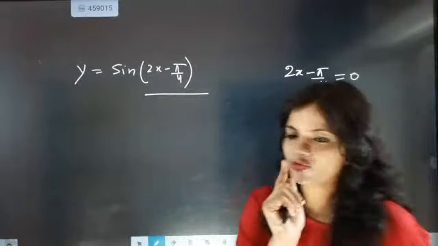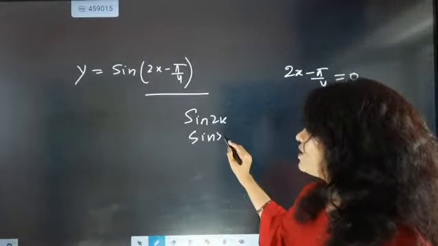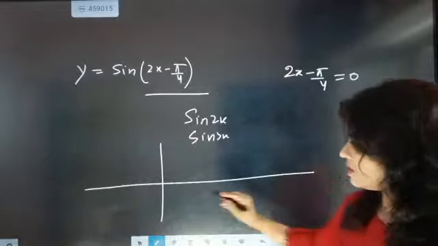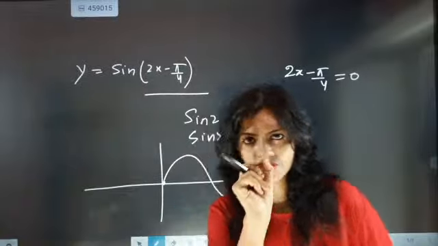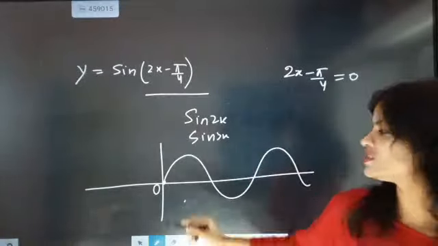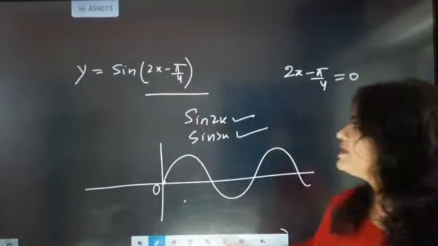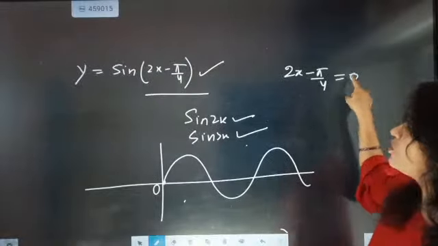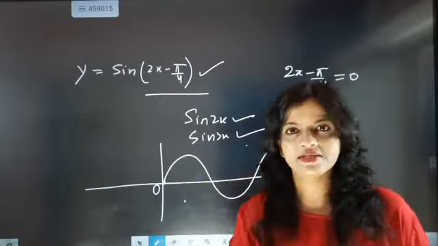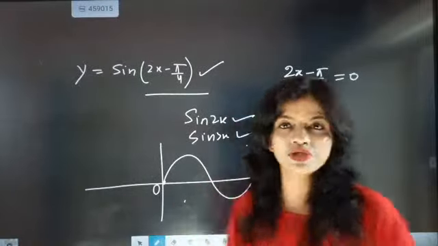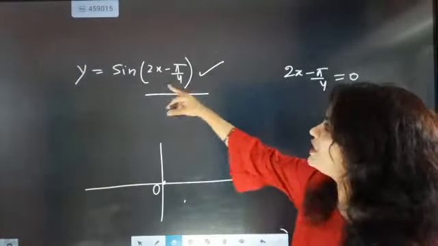So now beta, you have to understand that till now, when you were writing sine 2x, sine 3x, the axis was always the origin, and from the origin you were drawing. Everyone pay attention for 1 minute, listen to me. You were always starting from the origin when writing sine 2x, sine 3x. But now for this one, you made it equal to 0. That means when the curve touches the axis, the curve part will become equal to 0. So the technical point was, this will not be the correct answer when we are dealing with 2x minus